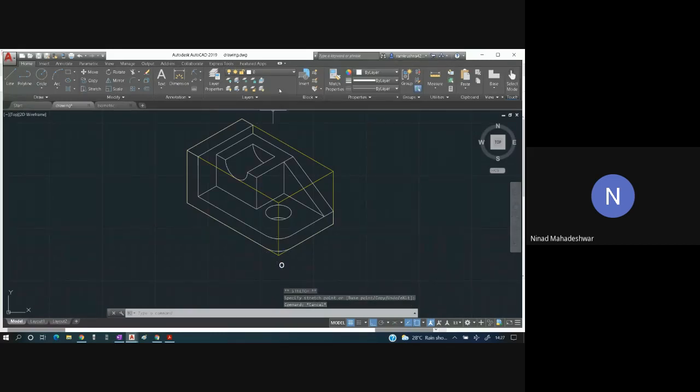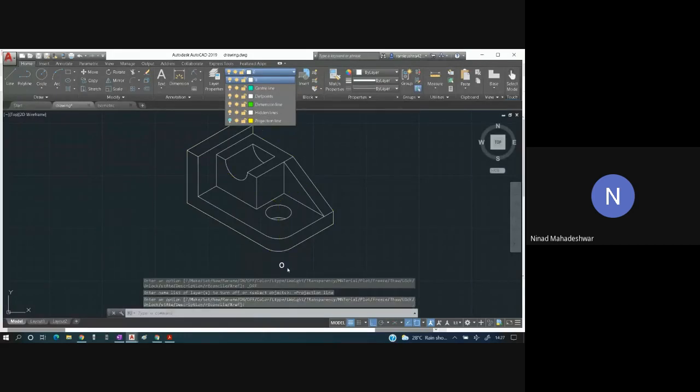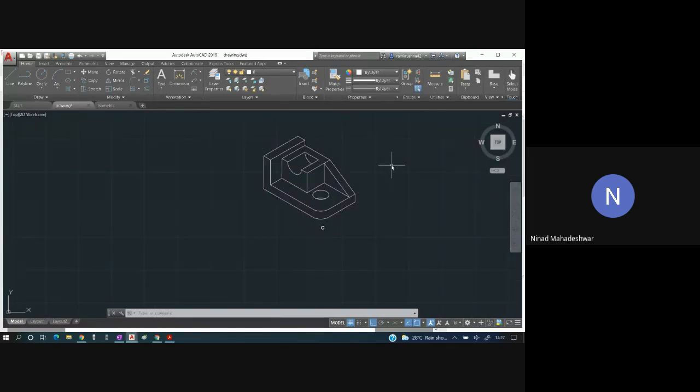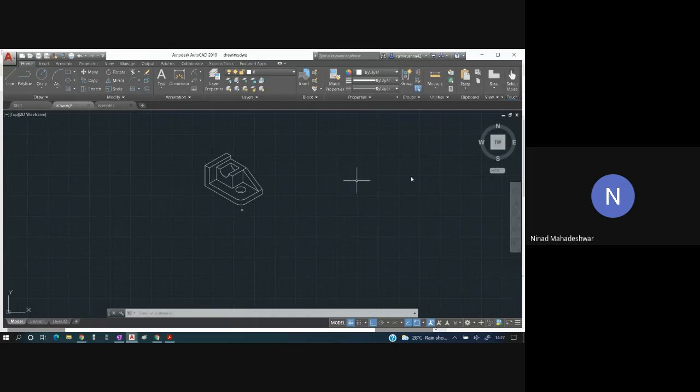Once this has been completed, you turn off the projection line layer. So the origin is over here, with the front view, the top view and the right hand side. Everybody has got this, students? You just have to put an O over there.